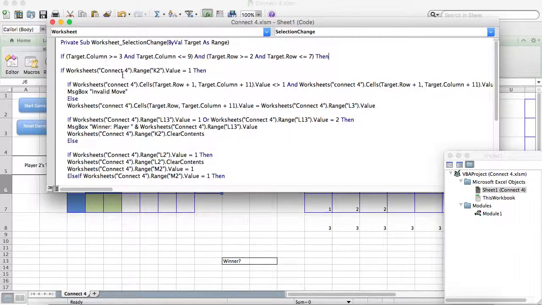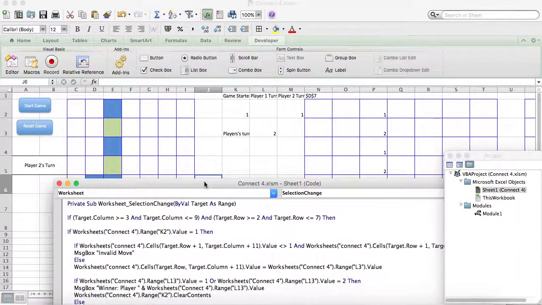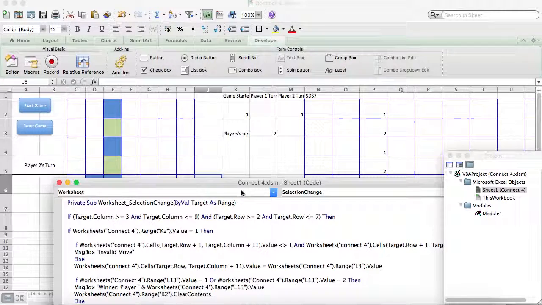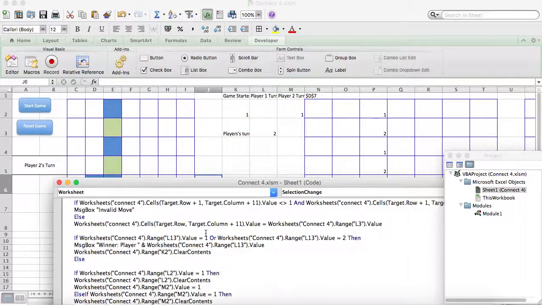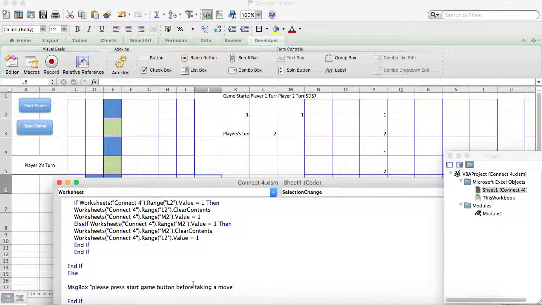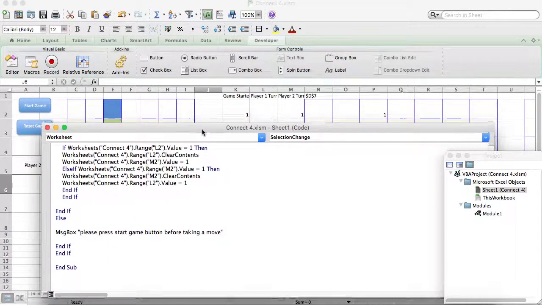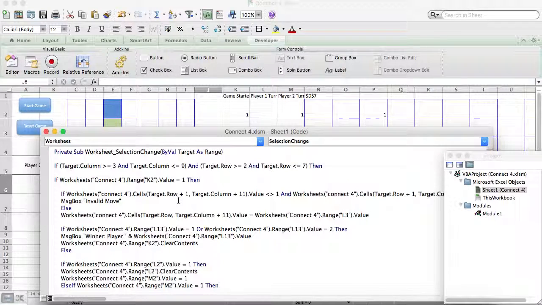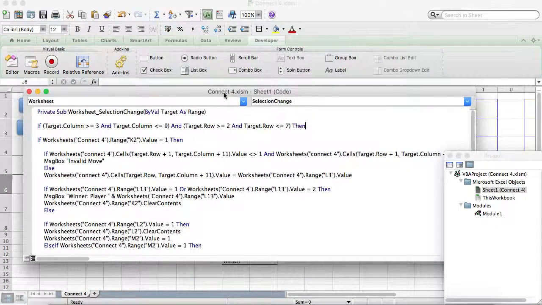So next it says if the range K2, so here, equals 1, so if you've started the game, then it will carry on. If you've not started the game, then further down here it will tell you that there's a message box saying that you need to press the start button before you make a move. So provided that you've clicked in one of these cells and that you've started the game, then it looks at this bit down here,